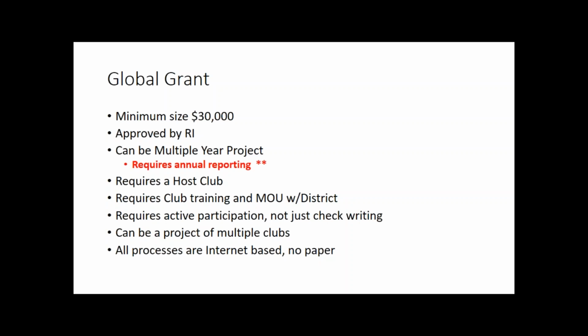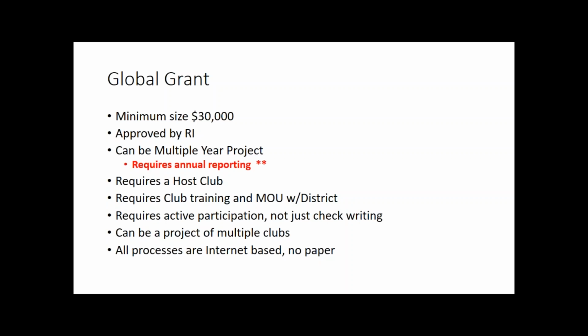Okay. It can be a project of multiple clubs, and most often is a project of multiple clubs. It can also be a project of multiple districts. It's a lot of money. For some clubs, raising $5,000 is difficult, so get a few clubs together. The minimum acceptance for a global grant is a $10,000 pocket of club money, but it doesn't have to be from one club. Okay?